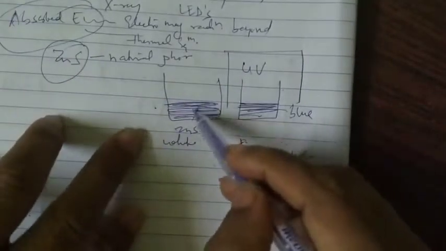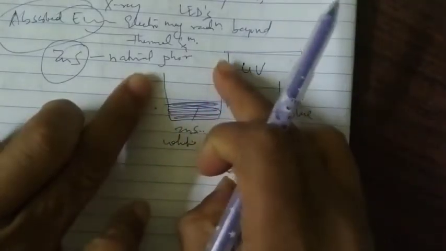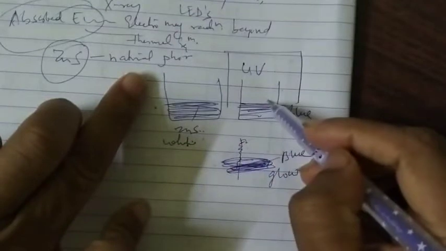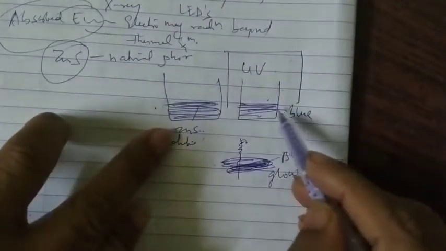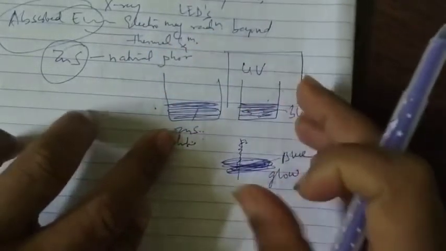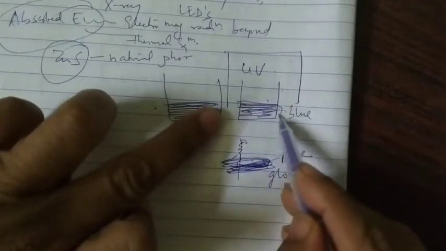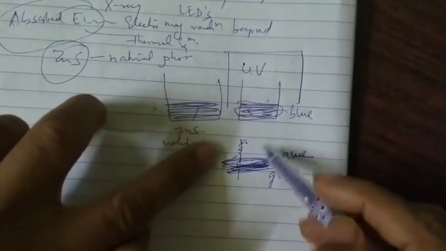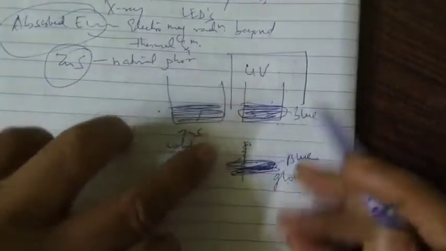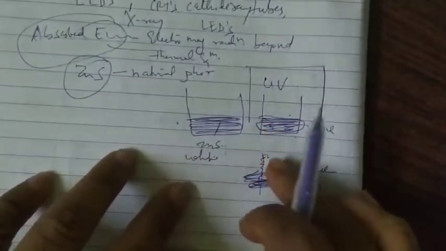You take the white zinc sulfide powder in a beaker and expose it to UV light. After the UV light, it all becomes blue in color. Then remove the UV light, and you can see just the blue color, this much part glowing. You will not see even the glass. It is beautiful, so we can observe experimentally how a phosphor works.